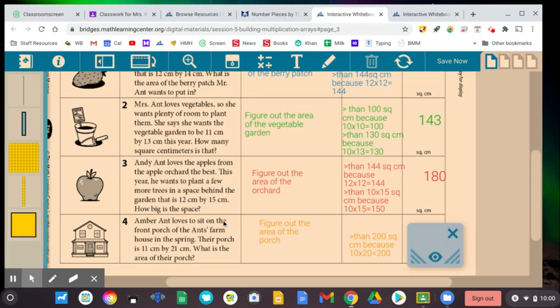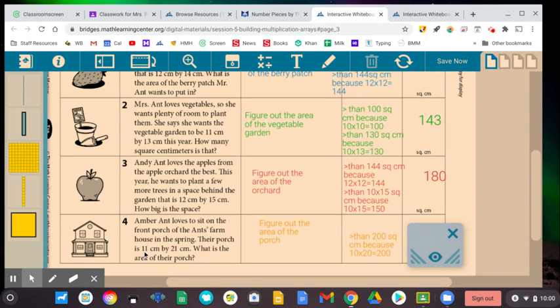Amber Ant loves to sit on the front porch of the ant farm, and their porch is 11 by 21. That's pretty big. What is the area of their porch? So we think about it and we know that it's bigger than 200 square centimeters because when we were estimating,